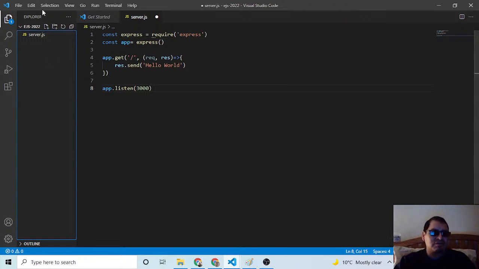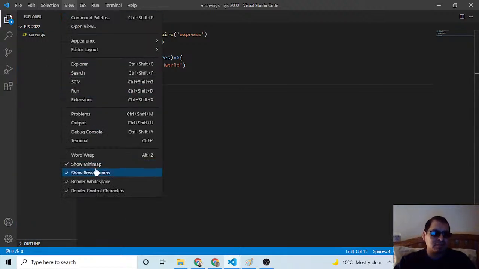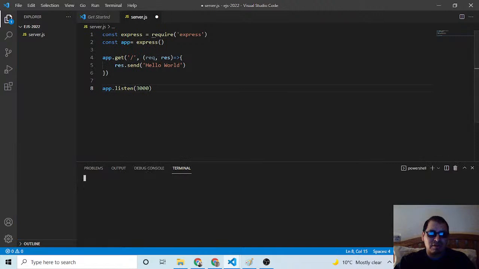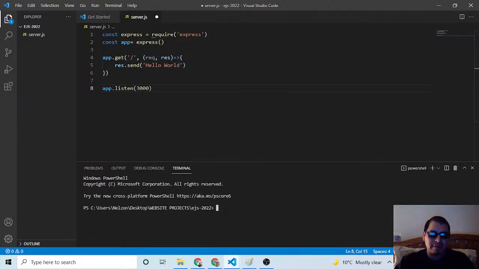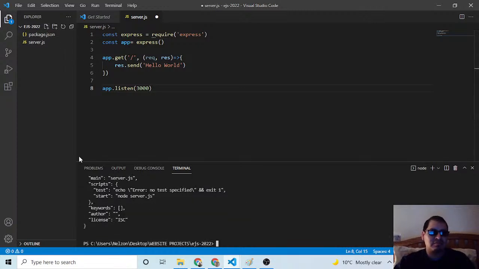Okay, I'm just going to do it quicker. I'm just going to go to terminal and run it. What is this? npm init, and I'm gonna skip all the questions. That'll give me a JSON file.